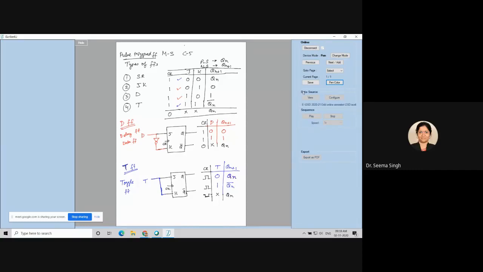Correct. If you try to make a T flip flop from SR, T equal to 1 will make it go to the indeterminate state. So a T flip flop is not possible from an SR flip flop, but a D flip flop from an SR flip flop is possible, and I guess I had taught you this part. And what do we do in that? We do the same thing.